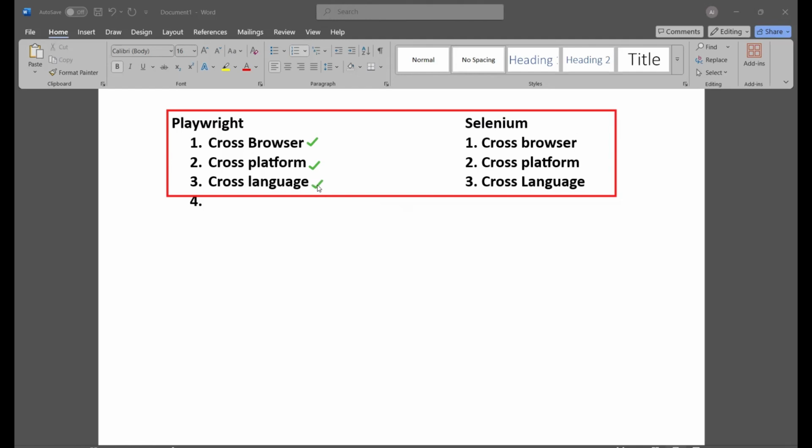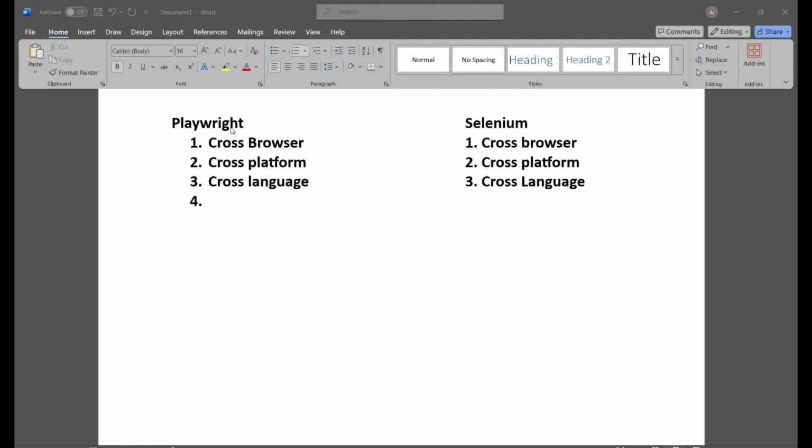Languages: to work with Playwright we require TypeScript, JavaScript, Java, Python, and C Sharp. Okay, we require these technologies as well. But other than these three, these things are common for Playwright and Selenium. But what exactly are the advanced features we have in Playwright, we'll discuss that. The first one is